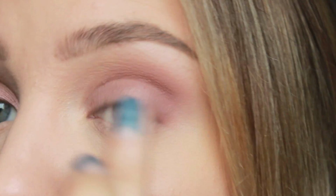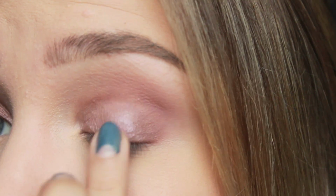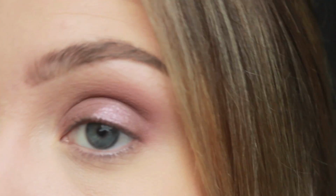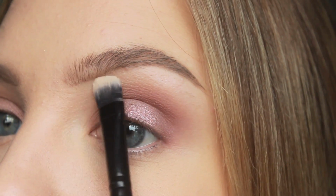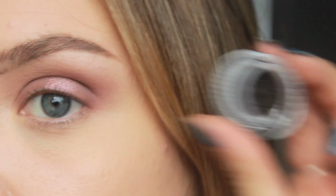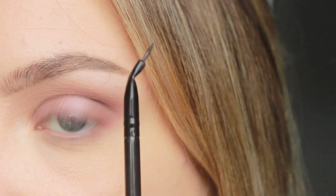Now mixing Buzz and Bust, which are two light pink shimmer shades, and just popping that in the center of my lid for a highlight. For a brow bone highlight, I'm taking Strange, which is the lightest color in the palette, and just putting that right under my brow. Now taking Stunningly Ladylike liner from Sigma and a Loud liner brush, which I'm obsessed with,